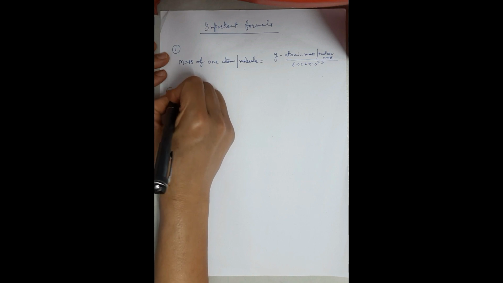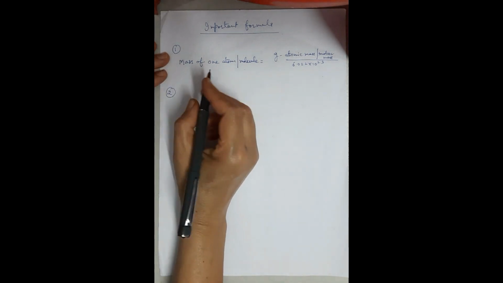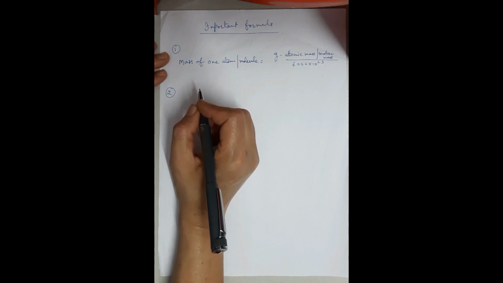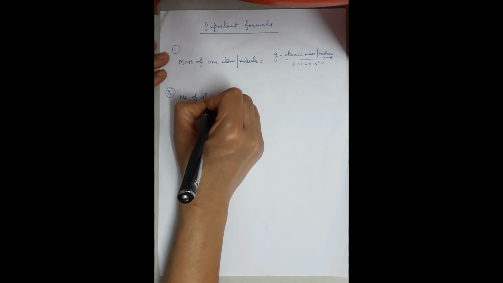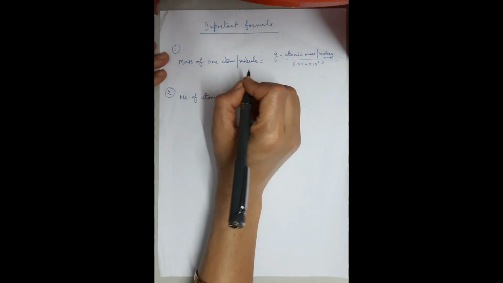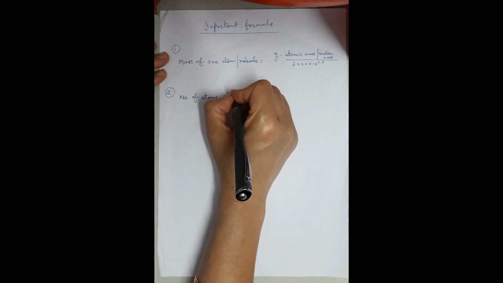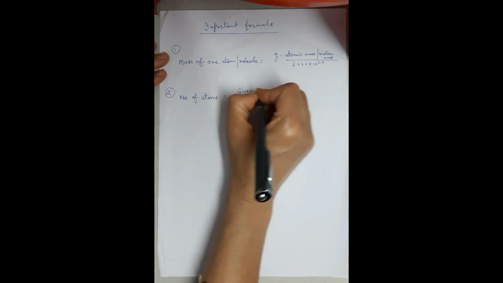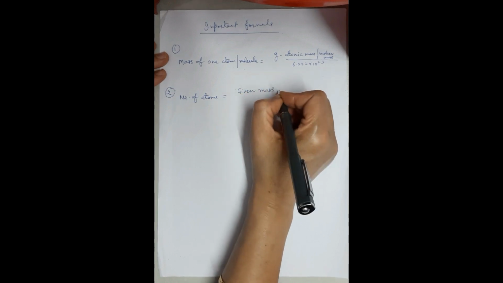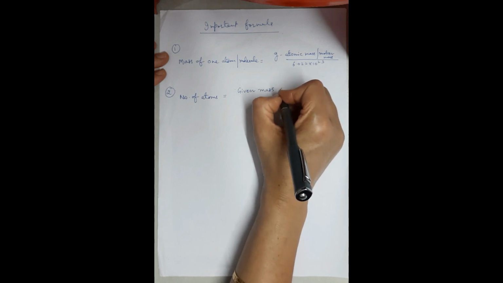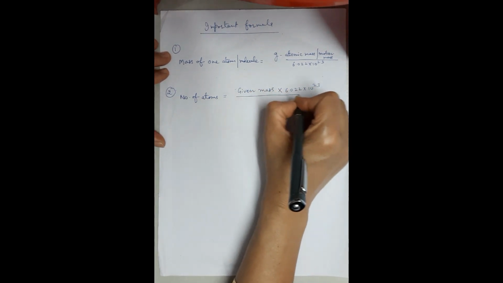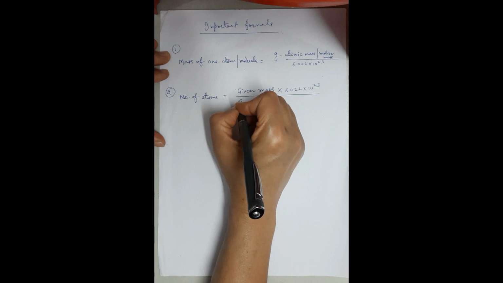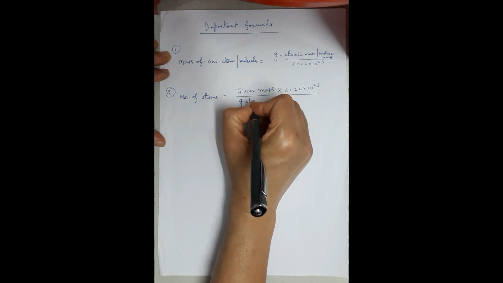Second formula: if you want to calculate the number of atoms in a given mass of the element, how will you find out the number of atoms? Mass is given to you, so you can say given mass. This mass could be of atom or molecule, into 6.022 × 10^23 divided by gram atomic mass